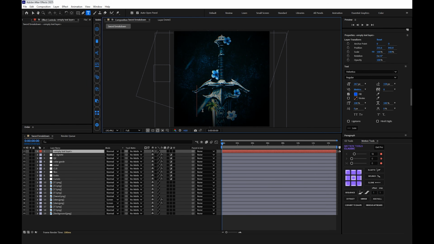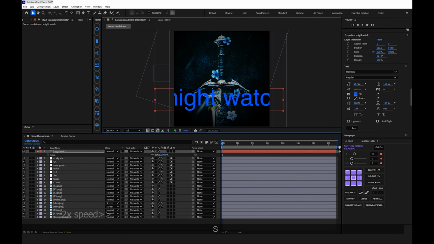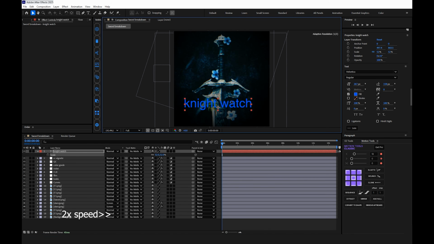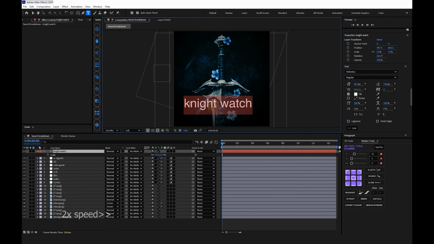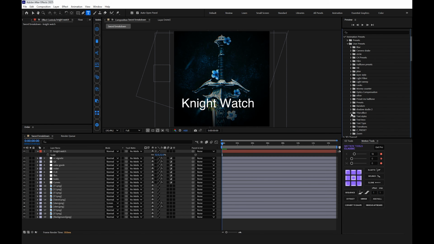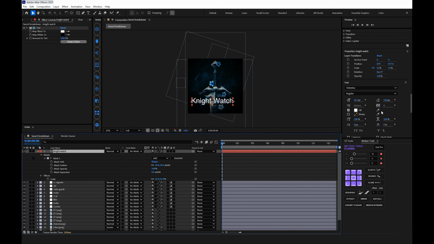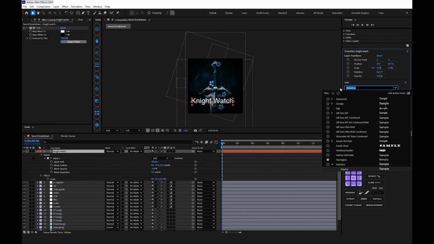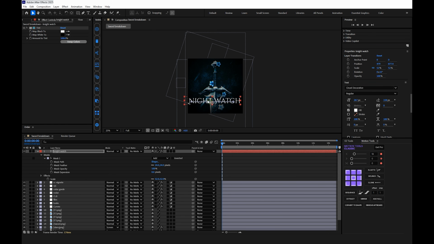Now select the text tool by pressing Ctrl T and type your text and adjust it. I'm going to use this metallic text effect. I already made a tutorial on it. I will put the video in the outro. Change the font to this Kenzel Decorative